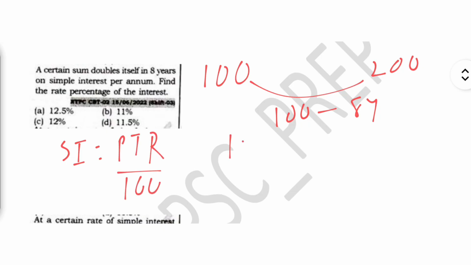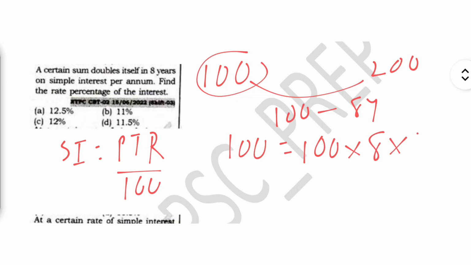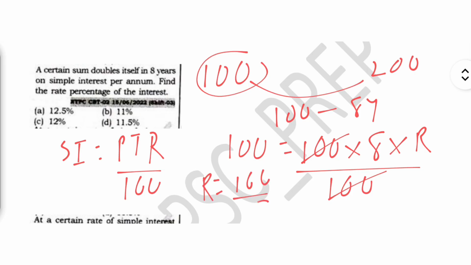What is your simple interest? 100. What is your P? That is 100, because as you know, always we consider principal is 100% only or just 100. What is your time? 8. What is your R? We have to find, upon 8. This and this gets cancelled. R is nothing but 100 by 8, which is nothing but 12.5%. Okay,